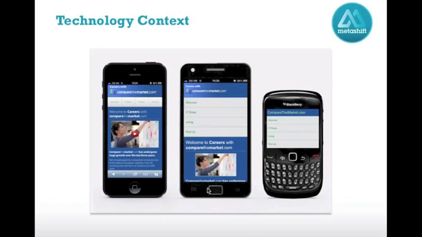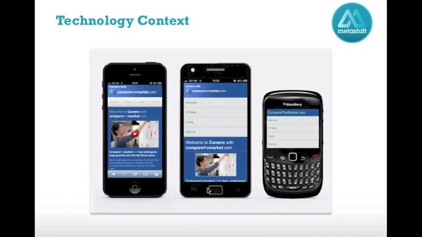So the screenshot here is an example from Compare the Market's microsite for IT people. Basically, it's delivering a full experience on an iPhone 5 and a Samsung Galaxy S4, with video playable front and center. The middle phone is an older smartphone. It drops the video and replaces it with just an image. And on the right, you've got an old BlackBerry. It drops the images altogether. So it's important in terms of experience, but also important in terms of download time.